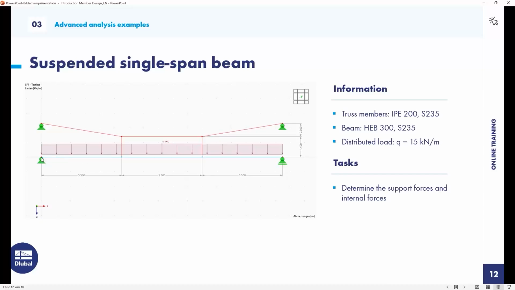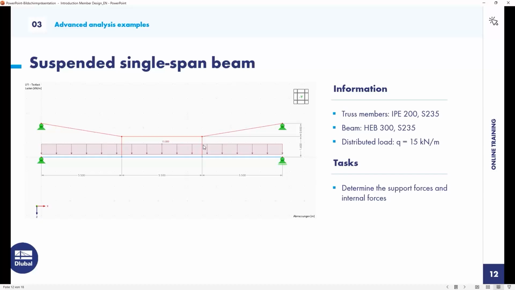It has a relatively big length or span width with 5.5 meters times 3, which makes 16.5 meters. That's relatively much, and probably this bending beam would not be able to hold this loading of 15 kilonewton per meter. And because of this, there is an additional